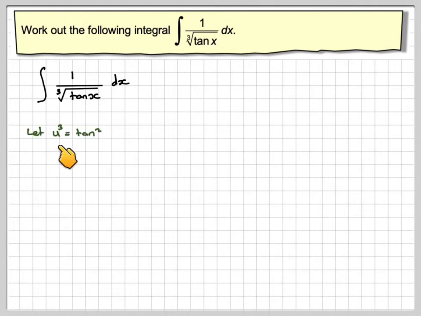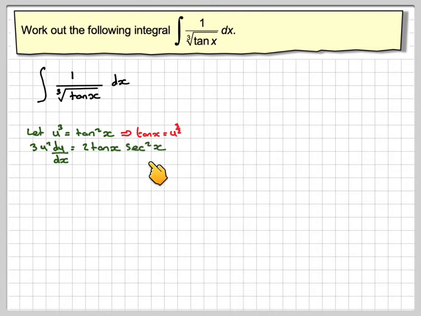If we let u cubed be equal to tan squared x, that means that tan x will be the square root of u cubed, which is u to the 3 over 2. Now, normally, the next stage is that we differentiate this. So, differentiating implicitly, 3u squared du by dx. If you differentiate the right side, you put the 2 down in front, write down tan x, and then differentiate tan x to get sec squared x. This now becomes dx will be equal to 3u squared over 2 tan x